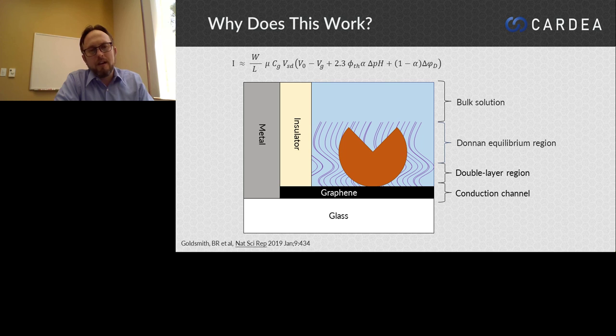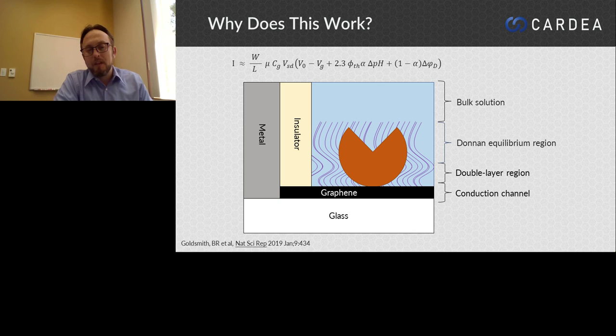In old ion-sensitive field effect transistor work, you would only have the double layer region. And that double layer region is where the different salts are moving around back and forth on top of the graphene. And it's right up close to the surface, and it's usually too small of an area to do any significant biosensing in. The Donnan equilibrium region is referring to the area that encompasses all of the biology,